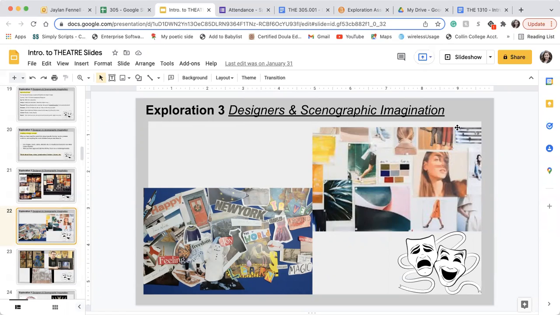One of my students last semester did Glinda the Good Witch reimagined from Wizard of Oz. And so they wanted her dress to have a specific bubbly texture. And so she found a picture of a texture that she would want the dress to look like, and she included that in her presentation. That is another way for you to articulate the vision of your costume.